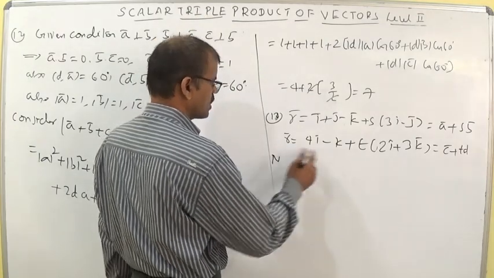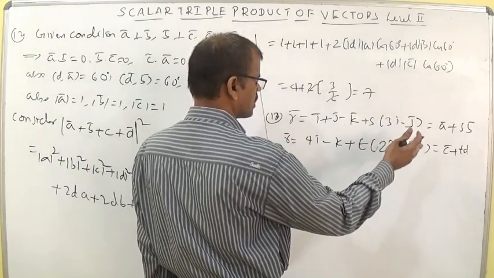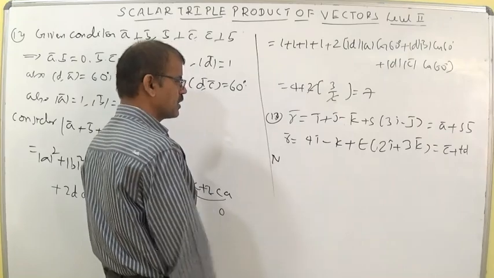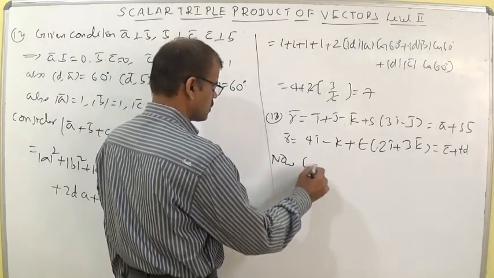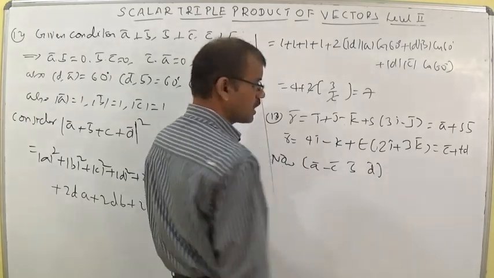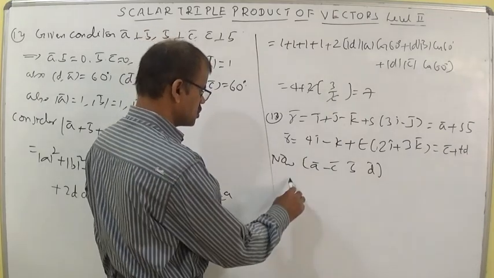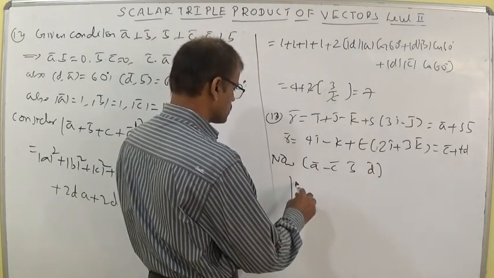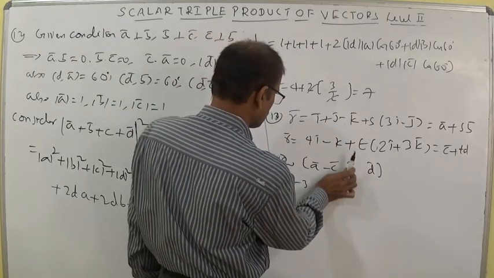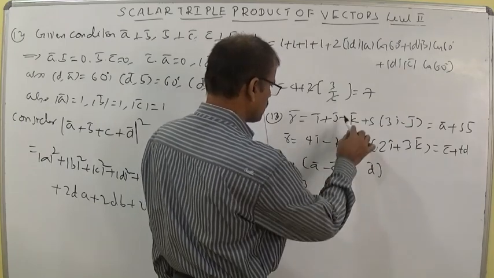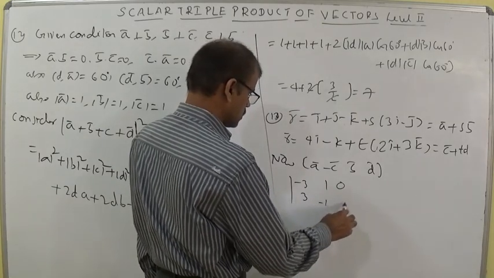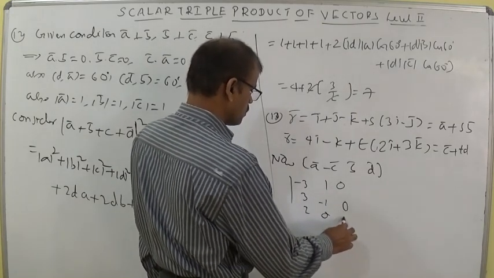Now let us discuss here. It is indicating 6 minus 3, not possible, so this is not perpendicular. 3 by 2, minus 1 by 3, not parallel. So not perpendicular, not parallel. Now let us discuss whether the lines are intersecting or skew. If you calculate the box product of A minus C, B, D, and the value is 0, they are said to intersect. A minus C: 1 minus 4 is minus 3, 1 plus 1 is 2, minus 1 plus 1 is 0. B and D you write: 3, minus 1, 0 and 2, 0, 3.